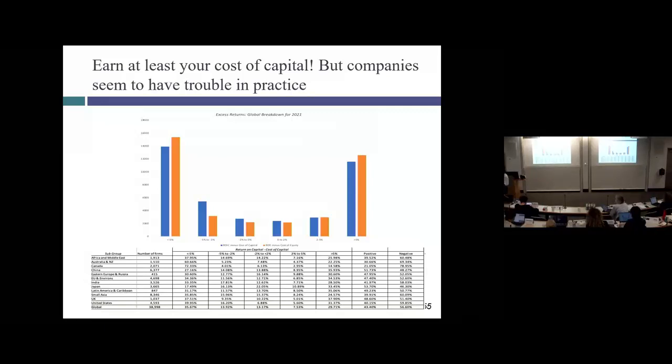Now, some of them have good excuses, right? I had a bad year, right after 2020. I'm a commodity company, but commodity prices are low. But at least half of the companies in that worst group have been earning below their cost of capital every year